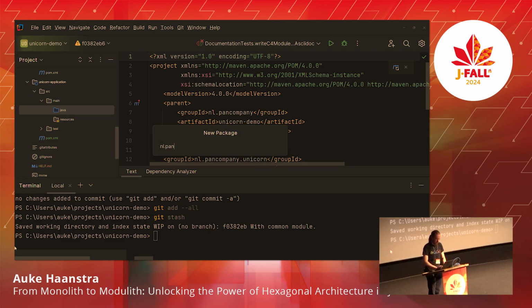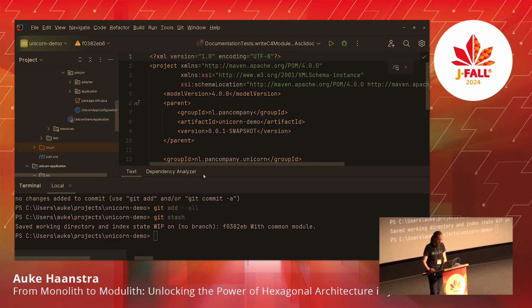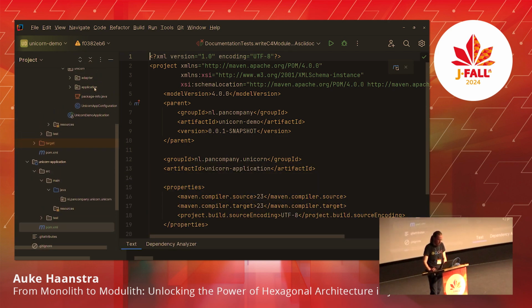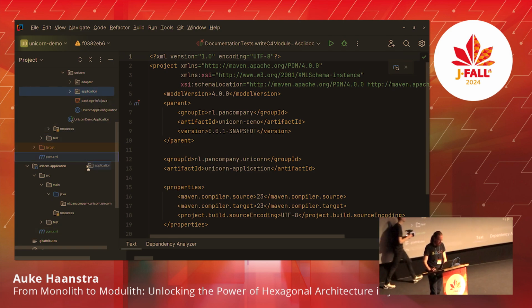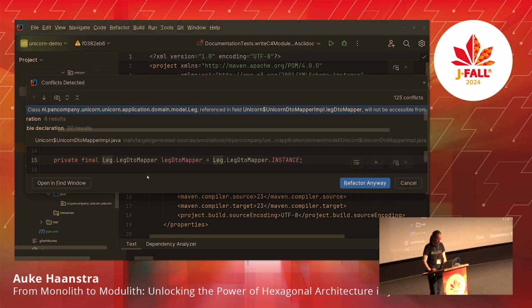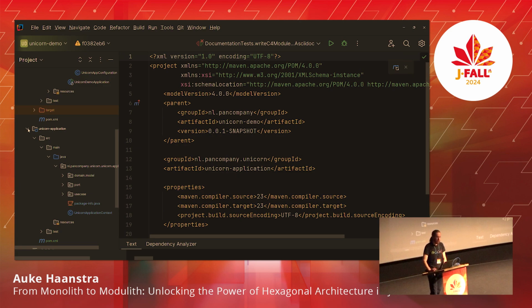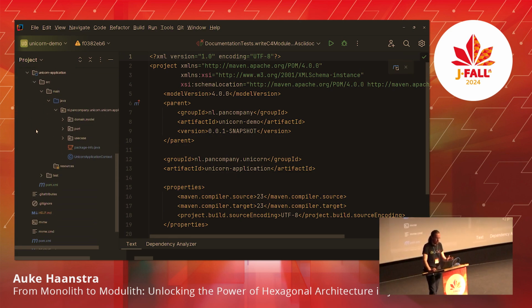And open company dot unicorn, and then the bounded context is unicorn. All right, and we're just going to, let's get this thing out of the way. Then we're just going to grab it and place it over there. Yes, refactor. Okay. So the first thing we want to do now, we've created a Maven module, is just